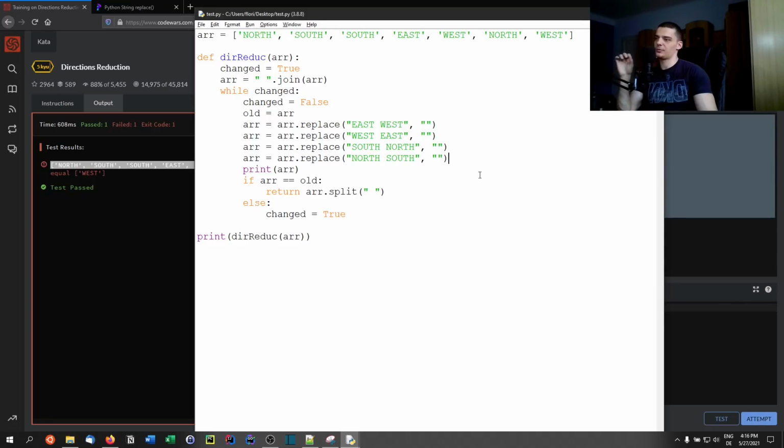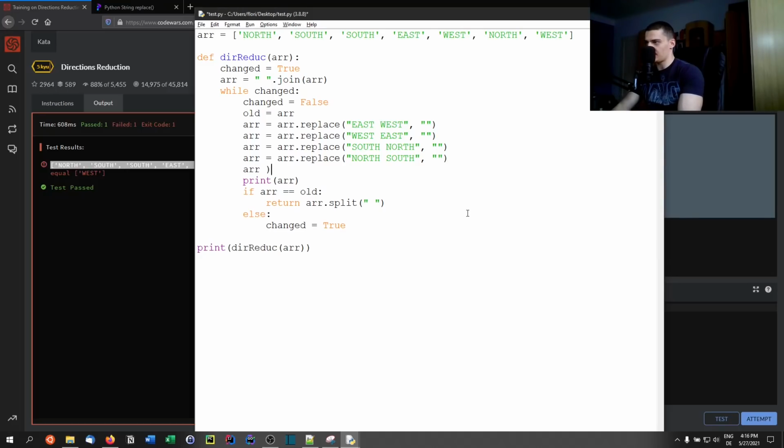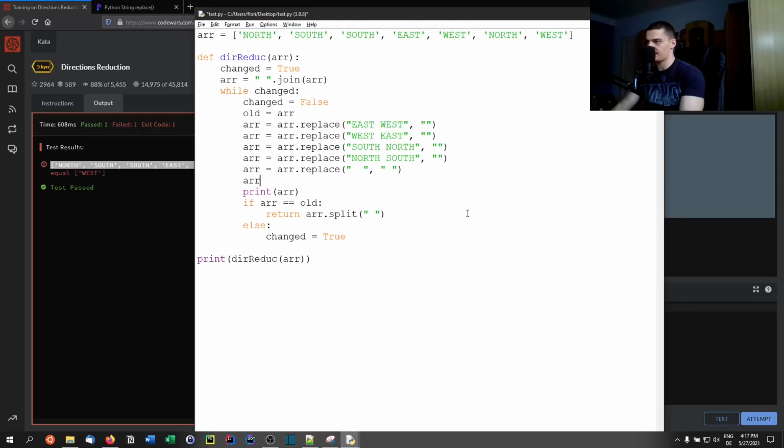Or no, we need to remove all of the duplicate white spaces, and we need to remove all the white spaces in the beginning and the end. I think that's what we need to do. So we need to say r equals r.replace. Oh man, this is getting messy. We have double white space here replaced by one white space. Then we have